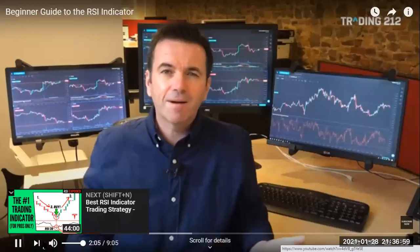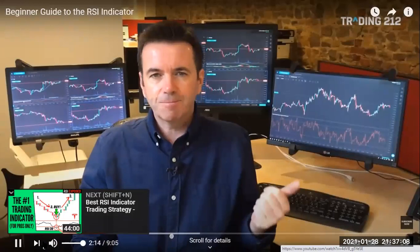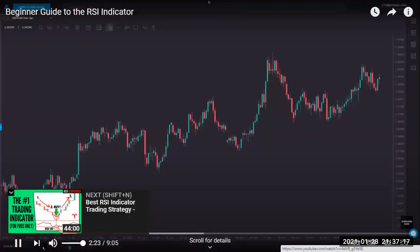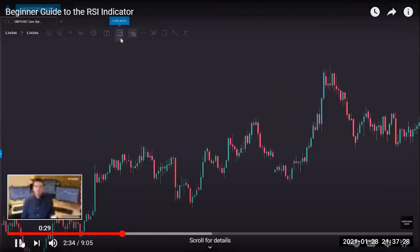So there's the formula for the RSI. You don't need to remember it. There's not going to be a test at the end. Most software will just produce this and put this on the chart automatically. But let's have a look, first of all, how it works in the real world. On a real market, looking at just the overbought, oversold signals and how good or how bad they might have been. So let's start with a nice clean chart. We've got pound US dollar zero spread, daily candlestick. Each candlestick represents a day's worth of trading, nothing else on the chart. Let's add our RSI. So we access the RSI from...